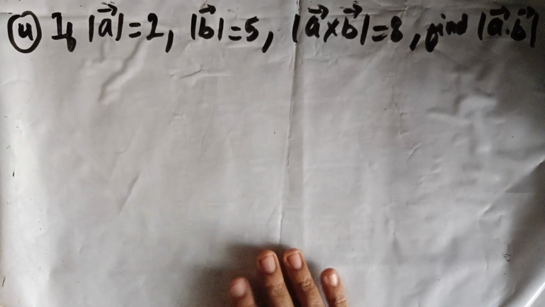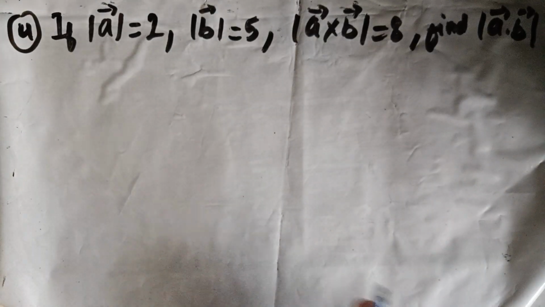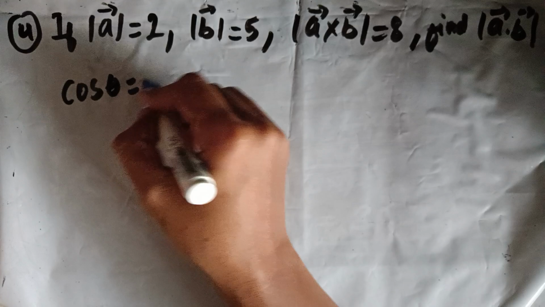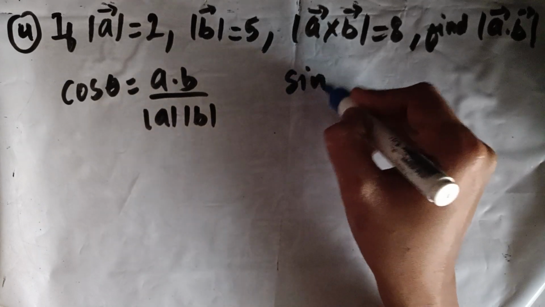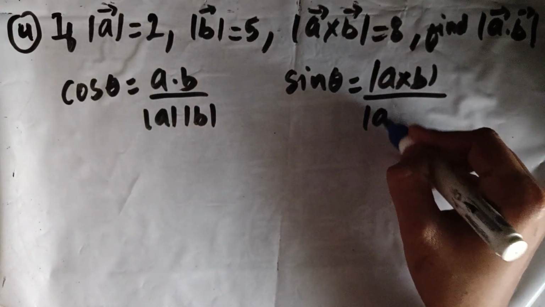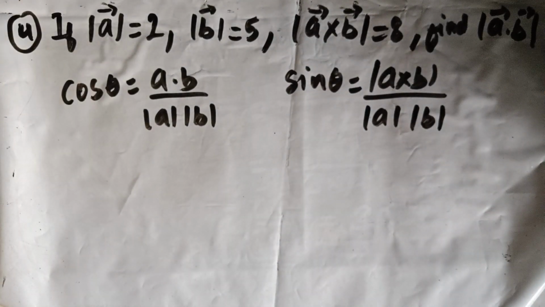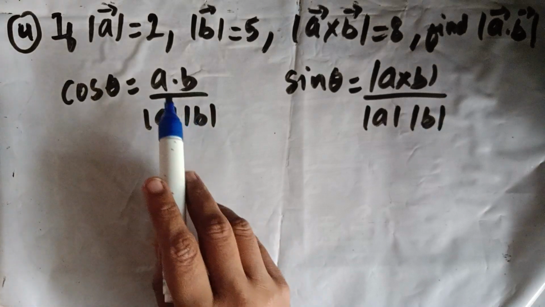Next question. If magnitude of A is given, magnitude of B is given, and magnitude of A cross B is given, you have to find magnitude of A dot B. Okay. So now there is no direct formula to find this, right? But we know that cos theta is A dot B upon A into B, and sin theta is magnitude of A cross B upon magnitude of A, magnitude of B. Okay, so we have these values. Okay, from this I can write